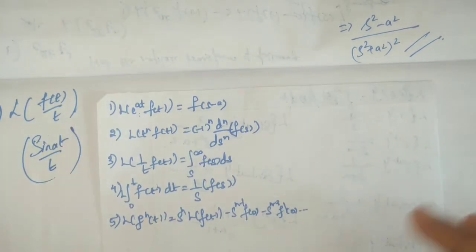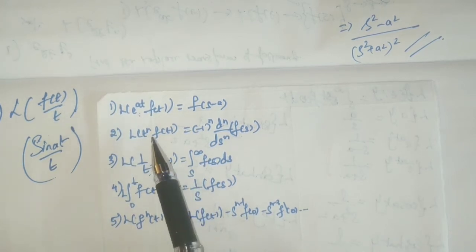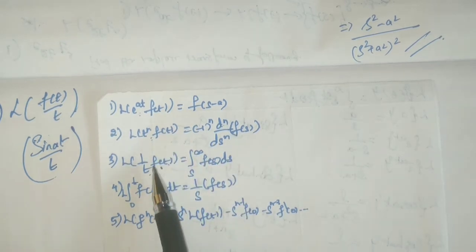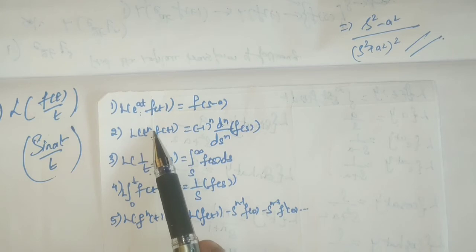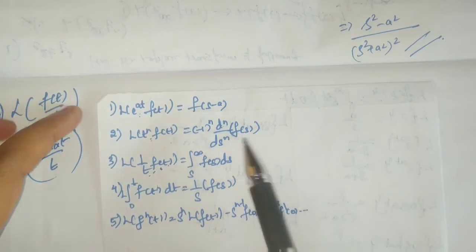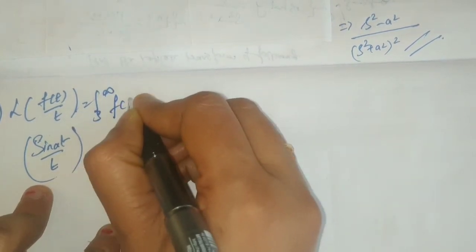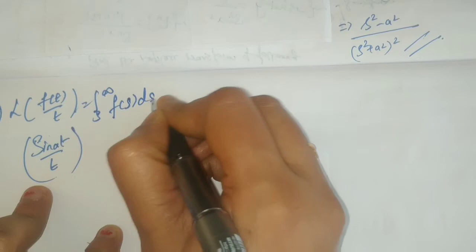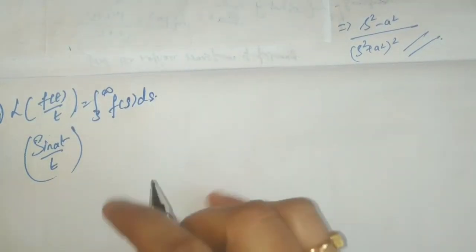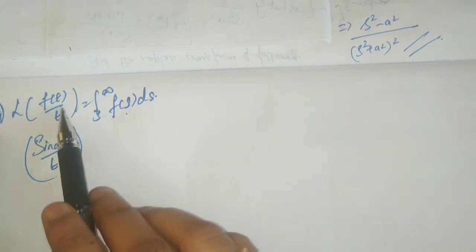So whenever you have f of t by t, the Laplace transform of f of t by t converts to integration. See, when you have a product of function along with polynomial, you have a derivative. Whenever you have the inverse, 1 by t, if you take it as inverse, you will get integration. Like this you can remember the formula. So the formula is the integral from s to infinity of F of s into ds, right? So ultimately, to start the integration, we should know what is F of s. Compare with the formula.